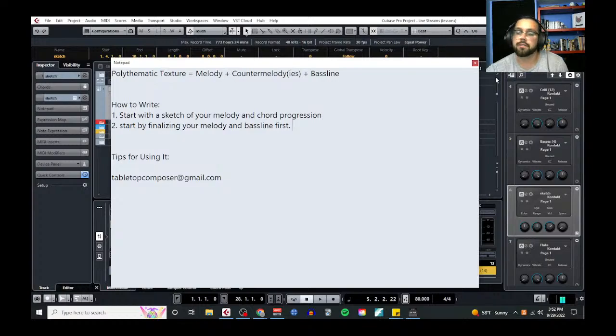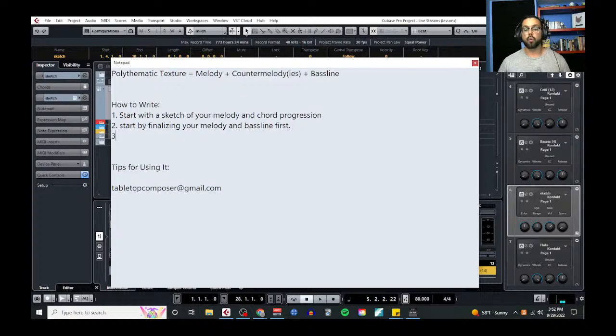If I wanted to give a little more personality to my bass line, I can do that if I want. It's fun and can be cool. I just don't want to get too carried away, especially in orchestral music. But the idea is the melody and bass line from the initial sketch are the only things carrying over, so I want to make sure I'm solid with those first. Once I have my bass line and my melody, I can take my chords and write a counter melody using mostly chordal tones in between the melody